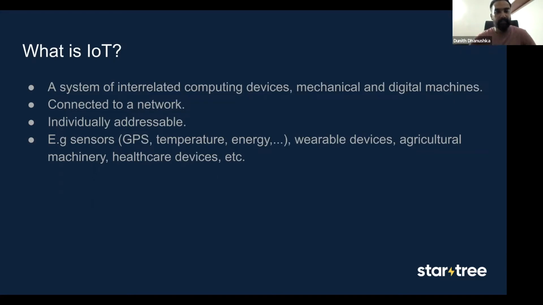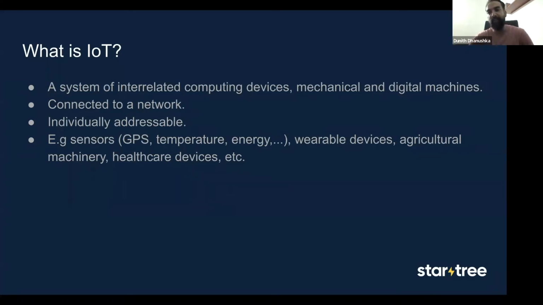For example, you can consider sensors of various appliances like GPS sensors, temperature sensors, smart meters of energy appliances, and there are so many things like wearable devices, agricultural equipment, and the list goes on, right? They all have two things in common. First, they all connect to a network.